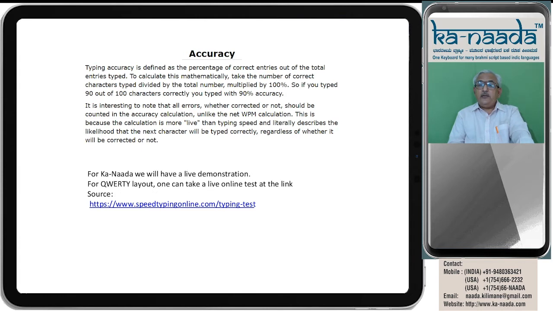To calculate the accuracy factor into words per minute, as we said already, every error correction has to be added as 3 more words per minute. Kannada facilitates first time right input and reduces the need for editing.